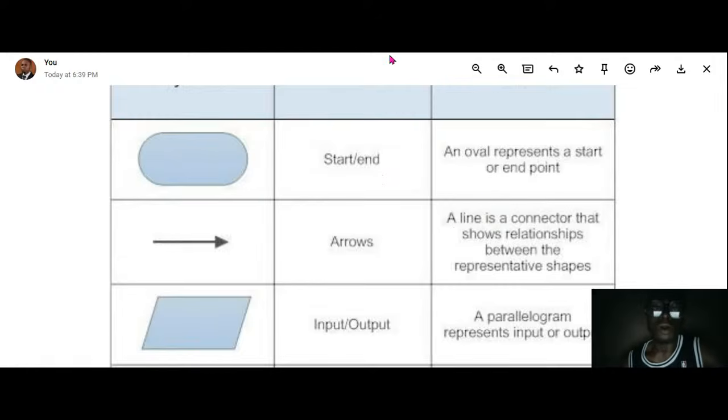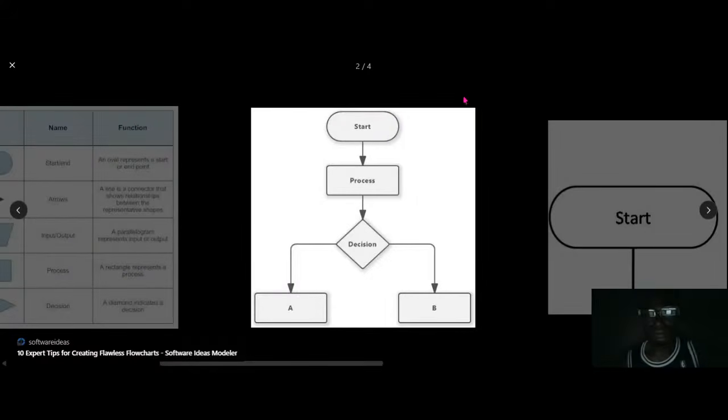All right. So having done this, I believe we have done some justice. I also like to show us an example of a flow chart, a practical example of a flow chart. I believe my screen is showing. So let me drop the second image in your group. And of course, that second image is an example of a flow chart.